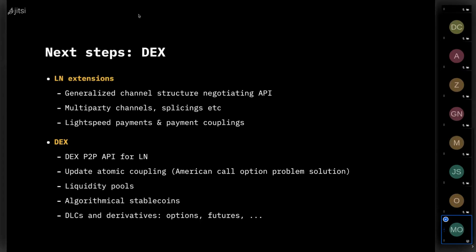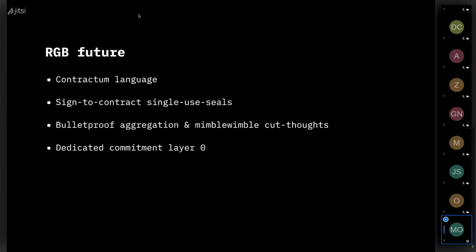And on top of that, you start building things like liquidity pools, algorithmical stablecoins, DLCs with derivatives, options, futures, and so on and so forth. So there is some long-term future for RGB. I'm talking not about the next year, I'm talking about several years from now, which will be the second version of RGB. Well, before the second version, we will probably